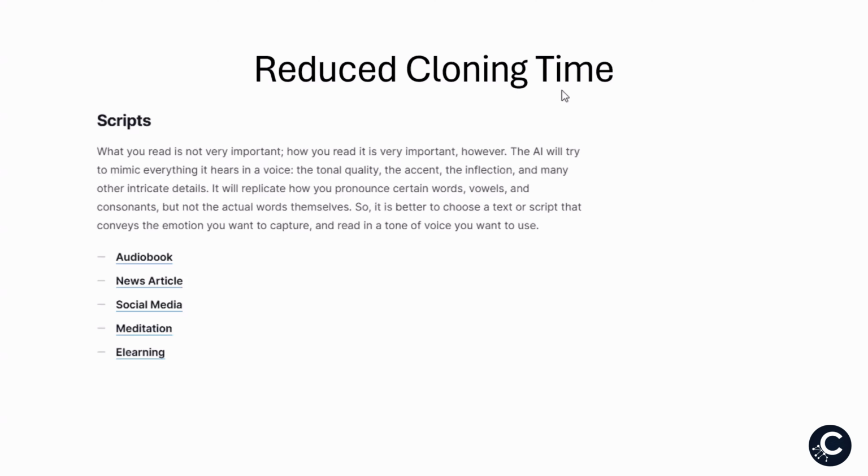So if you record all the audio that you can use for a news article, all the audio that you can use for social media, all the audio that you're going to do for video narration, do that one time, right? Make your recordings one time. And then when you get back to 11 Labs and you get ready to do a professionally cloned voice, you delete the one you don't want.